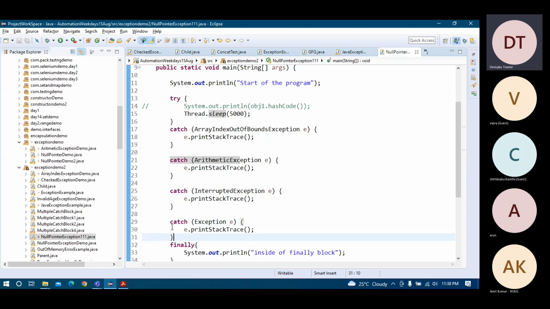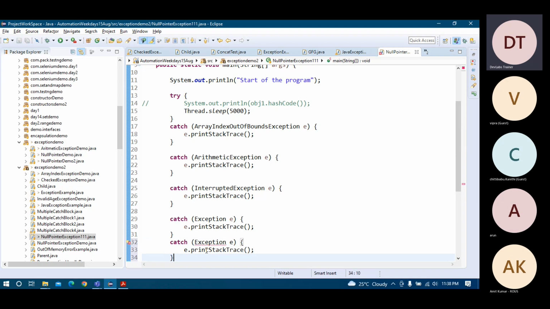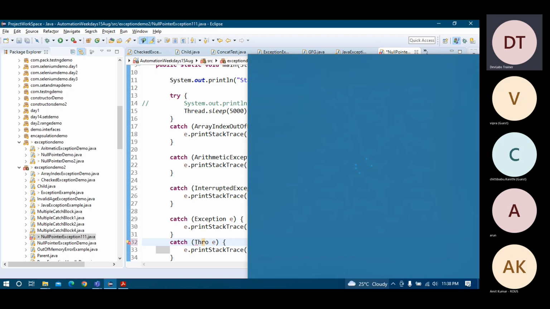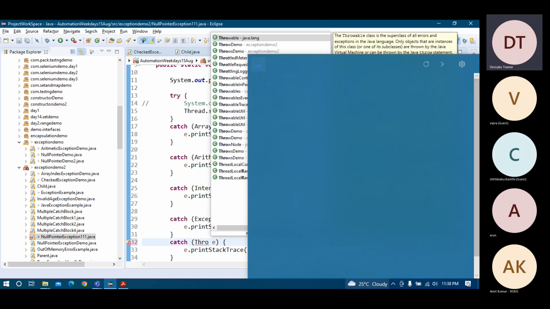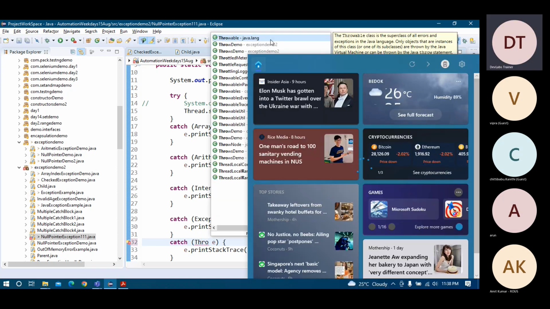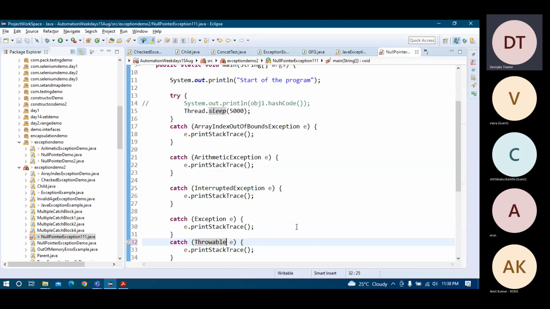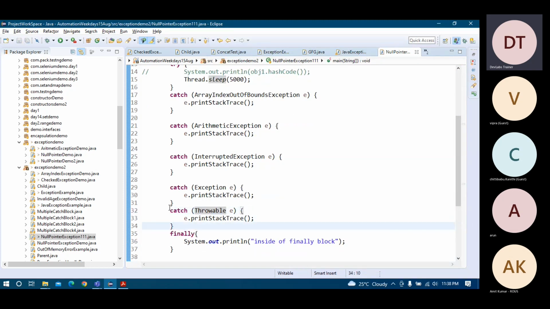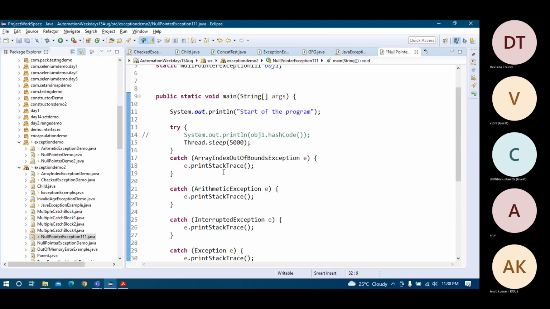And you know there is a Throwable as well. So if you are using Throwable, then you have to put it like this. So if I put Throwable at the first position,